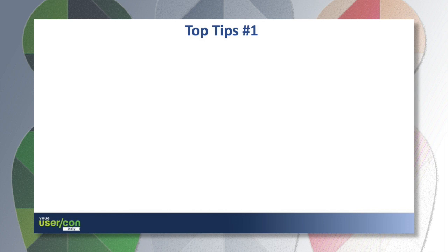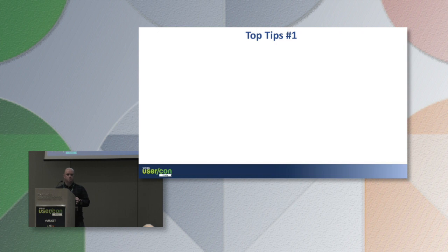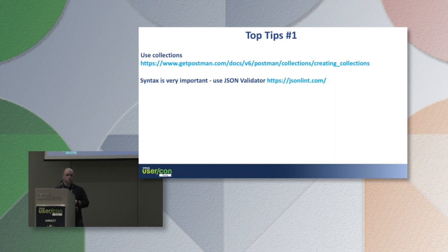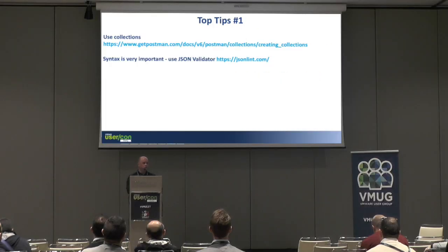So let me give you top tips that I've learned. Use Postman collections, very useful. As you saw in the folders there, you can see the different calls, whether it's an authentication call, a VM call or a data store call. Syntax is very important if you're talking about JSON. Use a JSON validator, for example. These little blighters here cause you no end of hassle. If you've got a comma in the wrong place, that can screw up your whole REST API call. So use a JSON